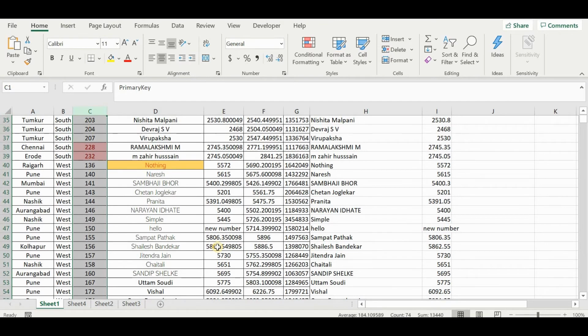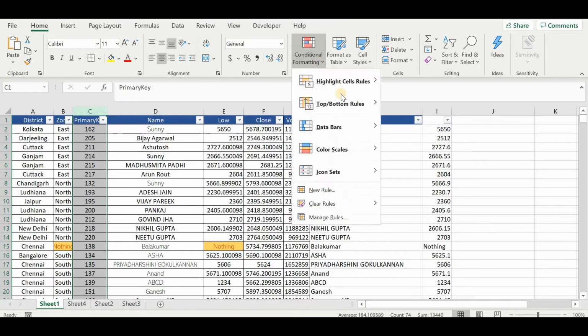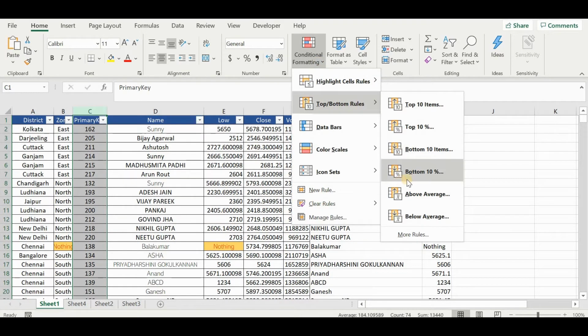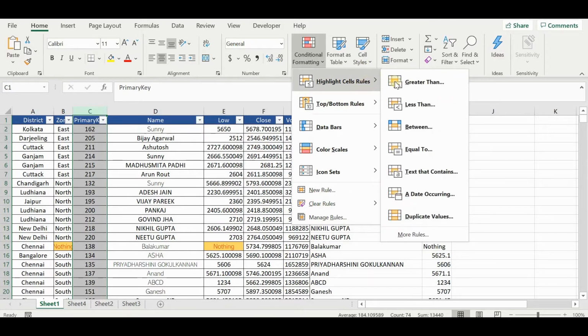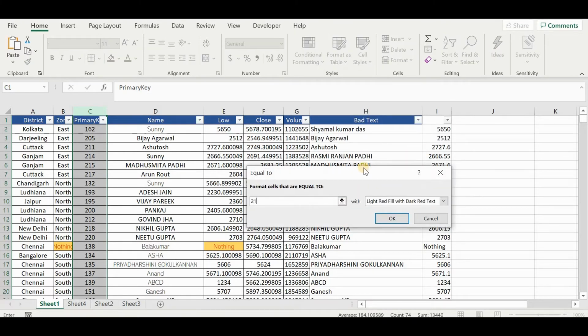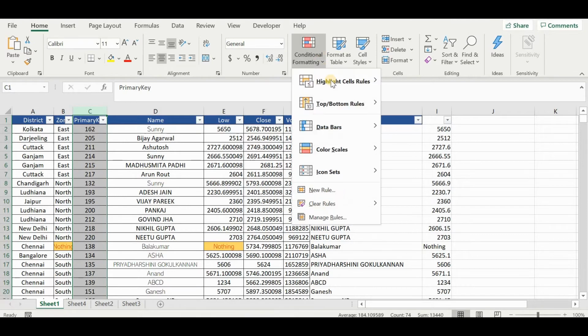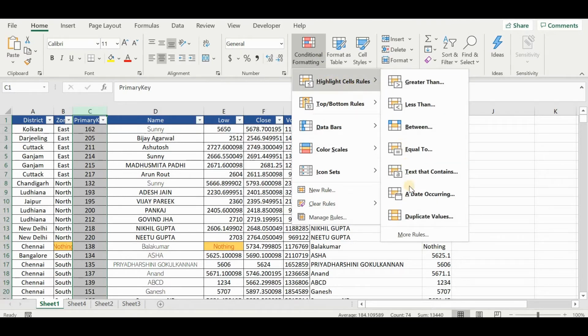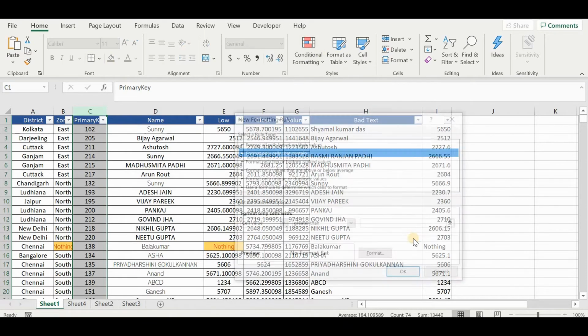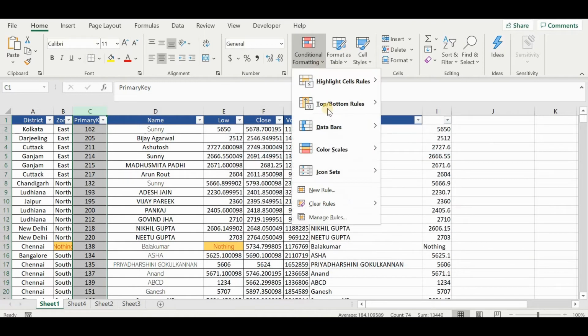This is amongst the top 10%, so it is highlighted. Similarly, above average, below average, and all that. In highlight, suppose you want to highlight all values which are equal to 215. There you go. More rules will come later.